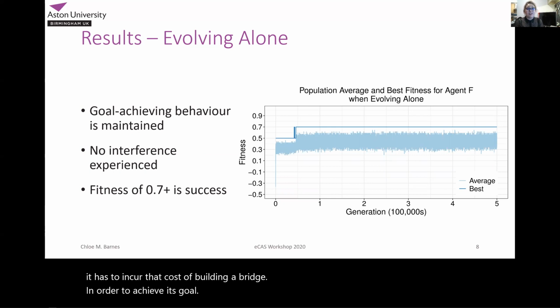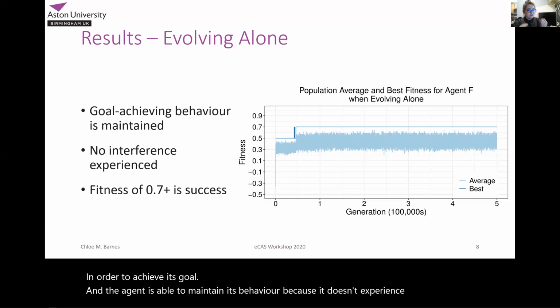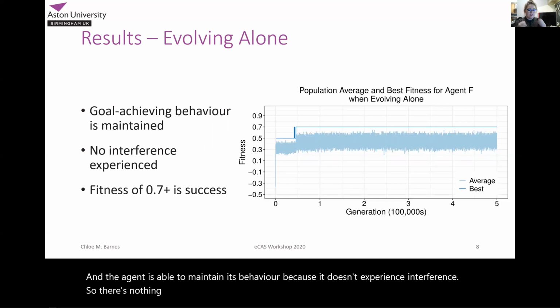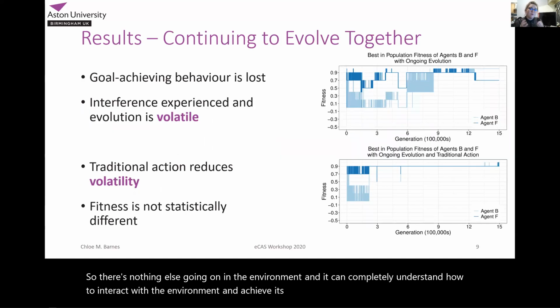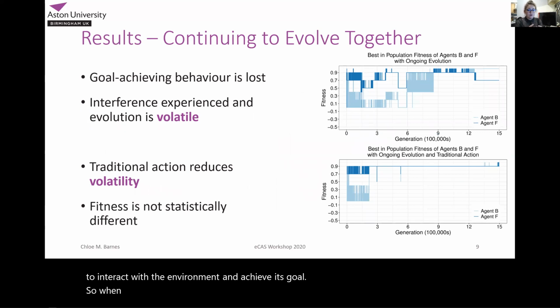And the agent is able to maintain its behavior because it doesn't experience interference. So there's nothing else going on in the environment, and it can completely understand how to interact with the environment and achieve its goal. So when we change this then, when we change our agents from being in a single